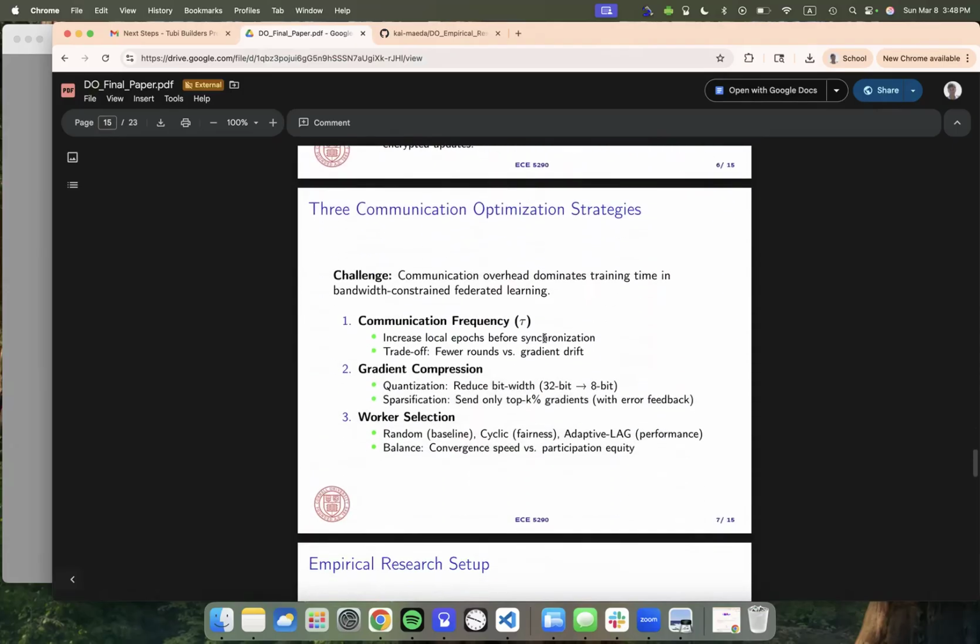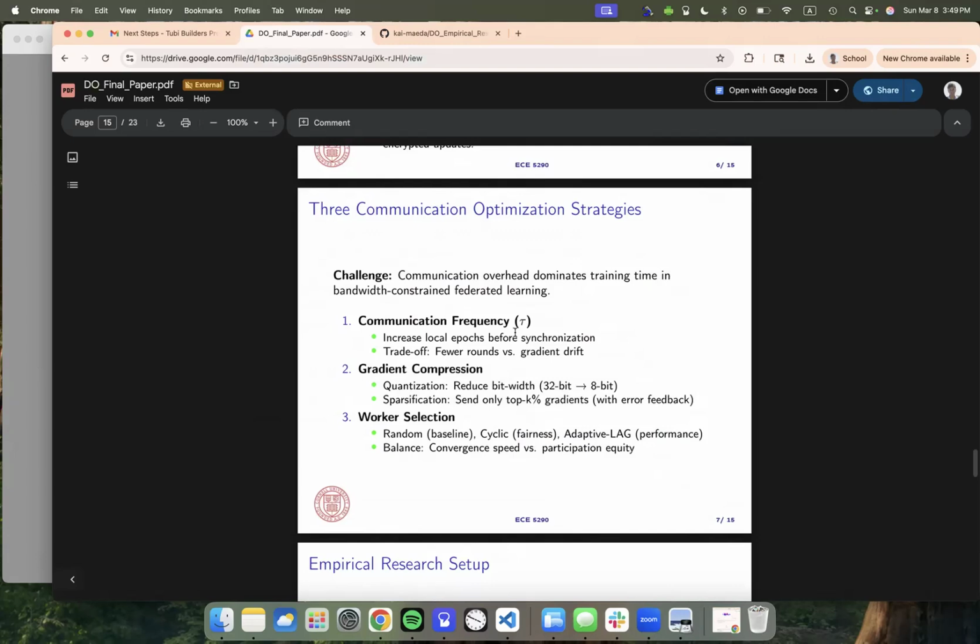So let's go into what we actually did in this project. We went over the challenges, which had to do with heterogeneity and communication overhead. Today we want to explore the trade-off between making sure our optimization technique handles that heterogeneity by making our model more robust, but at the same time, we still want speed and we want to be able to converge to strong accuracy quickly.